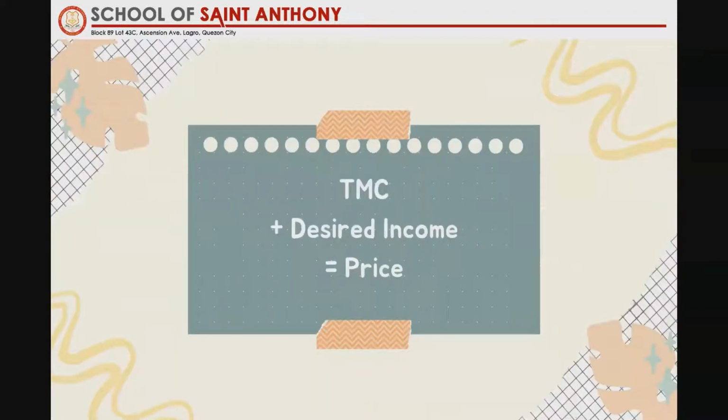To decide the price of the product, as the cost accountant, you must have the information about the total manufacturing cost of the product, or the total amount that you need to spend in order to produce the product. And from there, once you know the total manufacturing cost, you have to decide how much income you would like to get. Once you come up with that decision, you will get the price of the product.